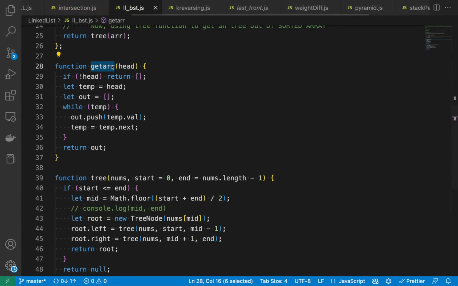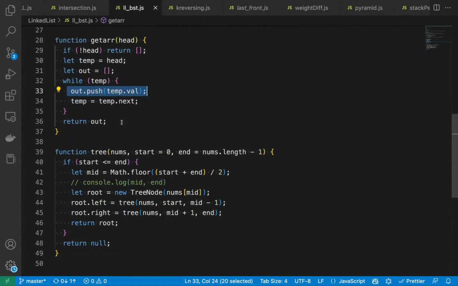So we are simply passing our head. We are checking if head exists, then go further. If not, simply return an empty array. Then what we are doing is simply temp is equal to temp.next. Once temp becomes null, we'll stop there. And before that, all the elements will be pushed into our output array. Then we're returning this output array